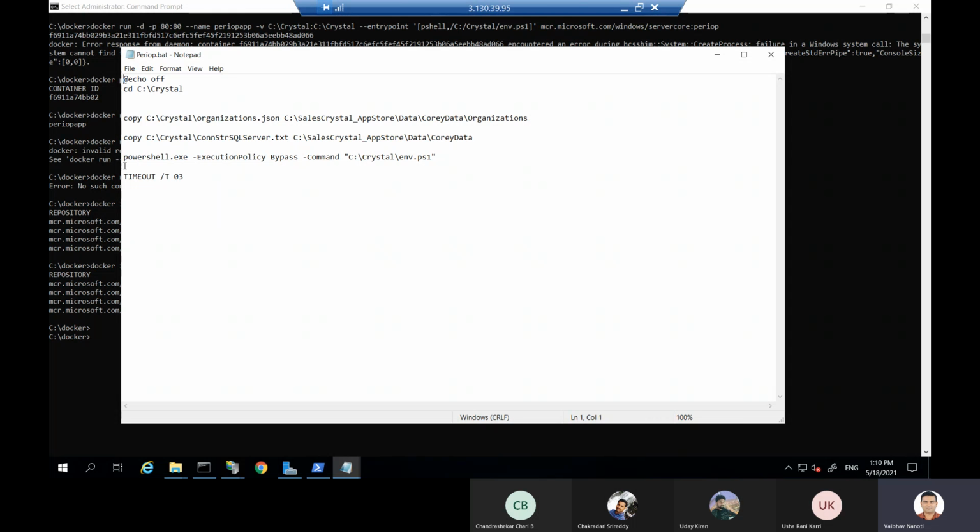To execute this batch, the environment variable using the PowerShell script is also going to be executed using this batch file.